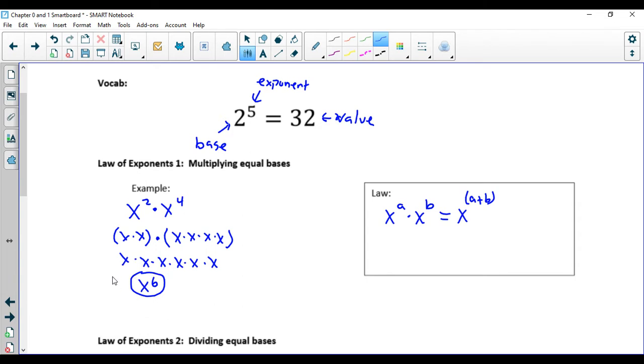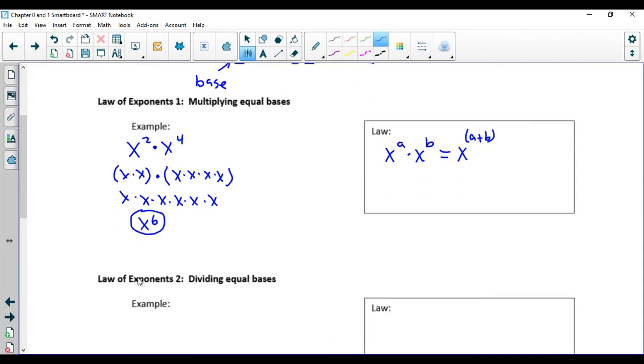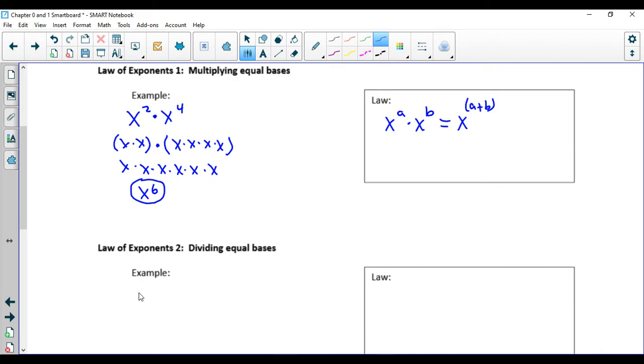Okay, so that's when you multiply equal bases. Again, this base could be numbers, it could be variables, anything. As long as the bases are the same, you can do this. Next one is dividing equal bases. So, for example, if I had x to the 5th divided by x squared,